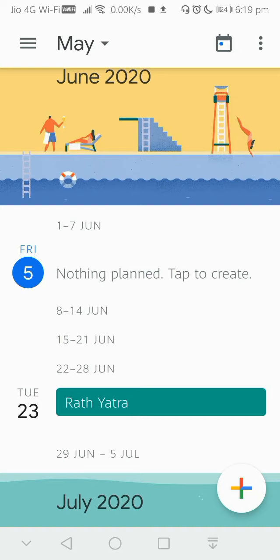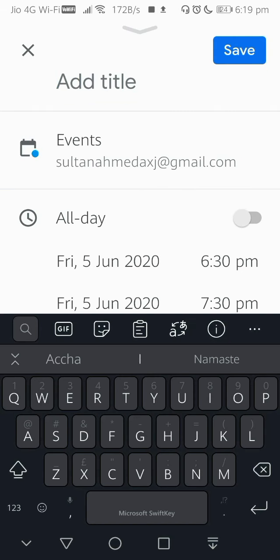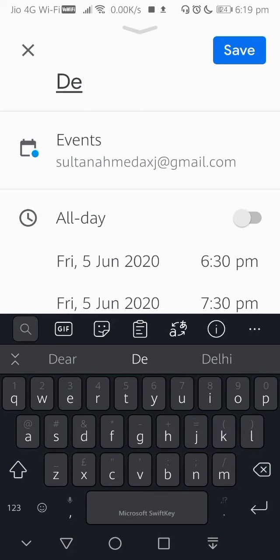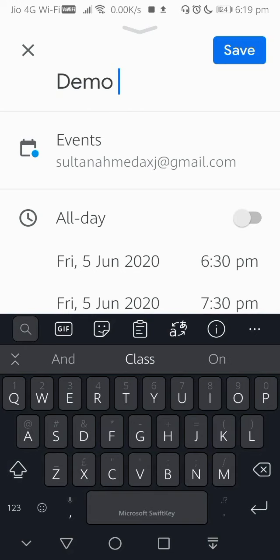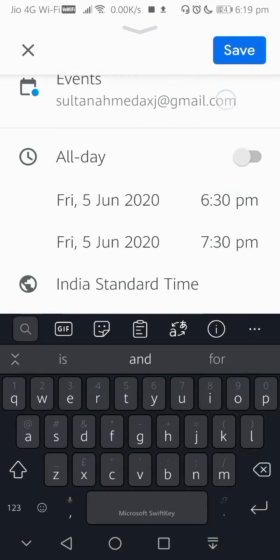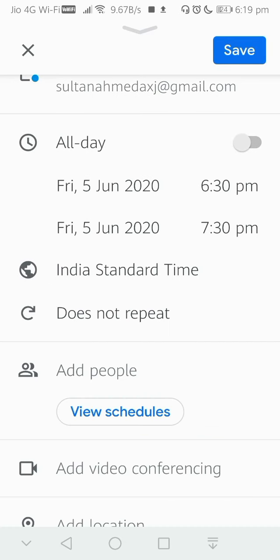So now tap on create. Add a title to your meeting. For example, I am taking it as a demo, demo class. Now select the time when you are supposed to take it. Since I am taking it right now, I will select the same thing, that is 5th and Friday.